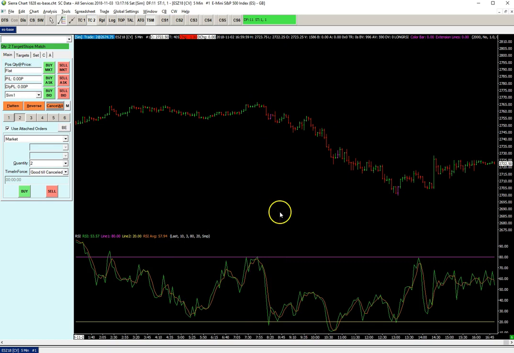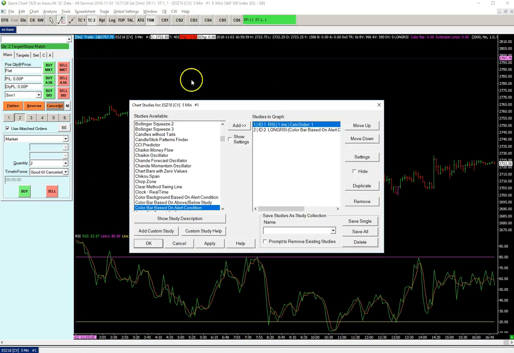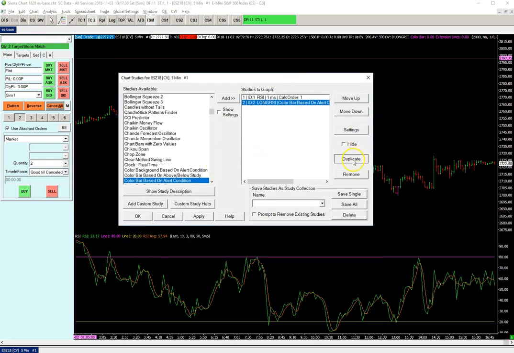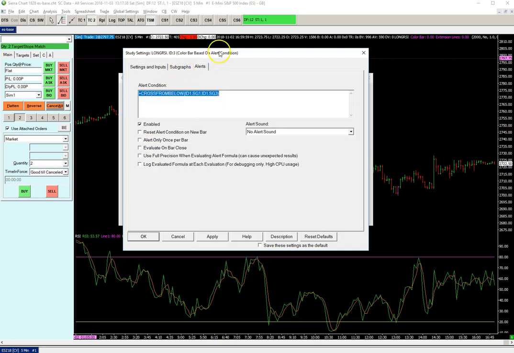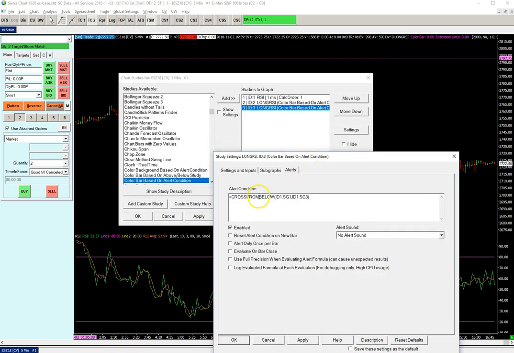And there you see, this is a cross from below. There's a cross from below right here, and another right here. That's long RSI. Simple. Then we duplicate that and define the short RSI. And that's the cross from above